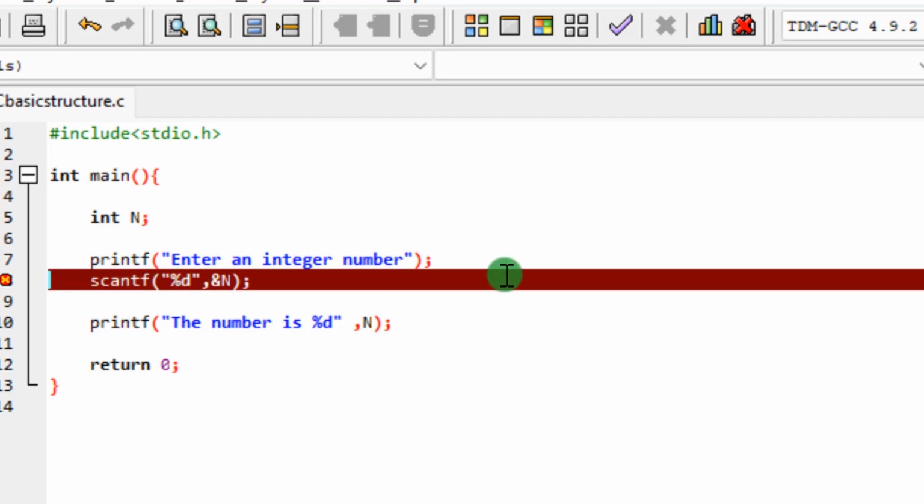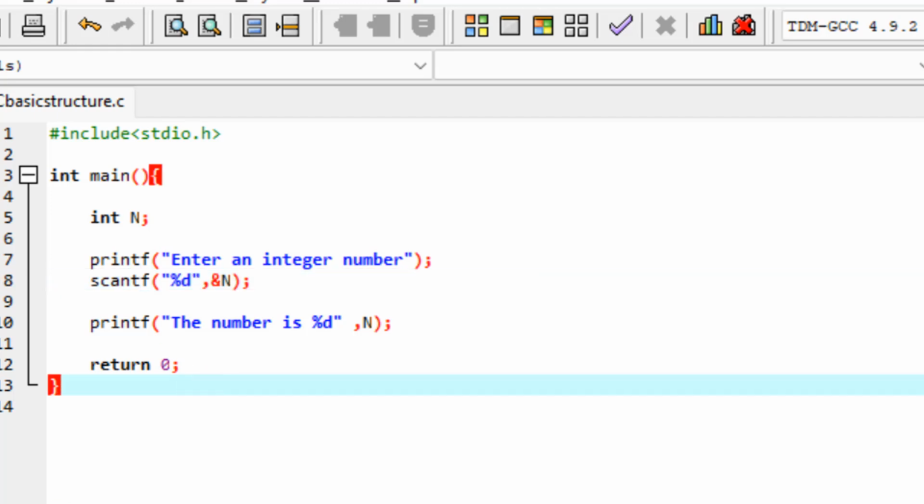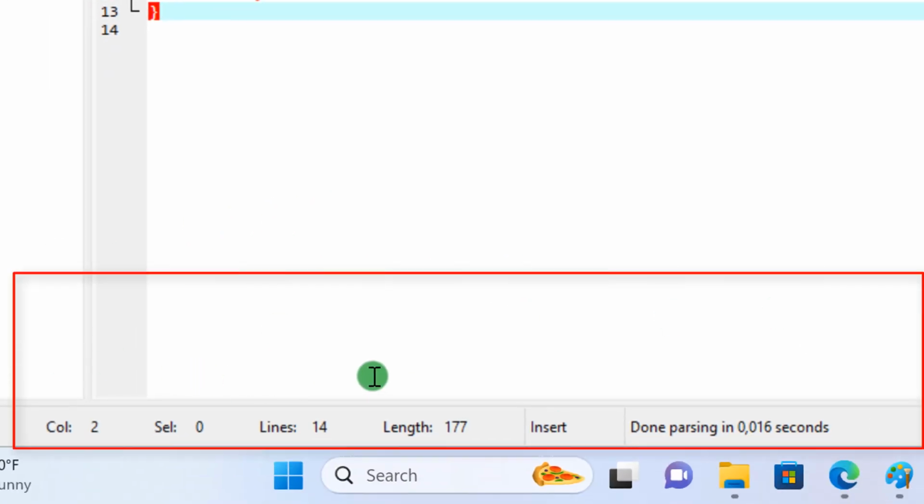So the first thing, what's the debugger telling me? The debugger is telling me that at line 8, there's a mistake on this line. So you can observe here. If you observe very well, you'll see that here is scanf, but I've added a T and there's no T. Good. But generally, at this bottom part here, there's a bar that is normally supposed to appear,